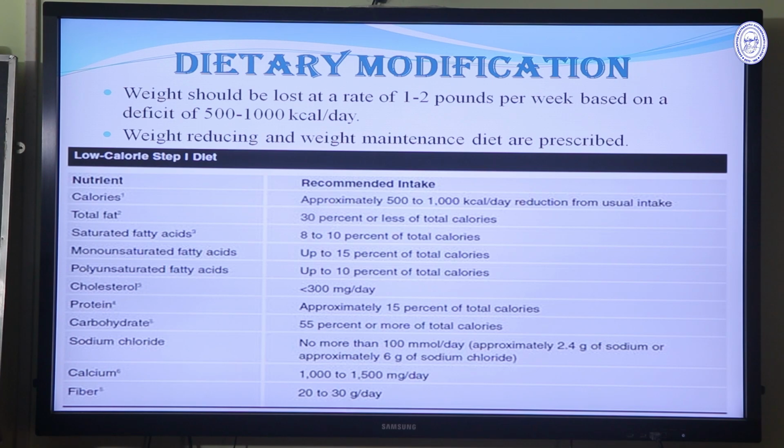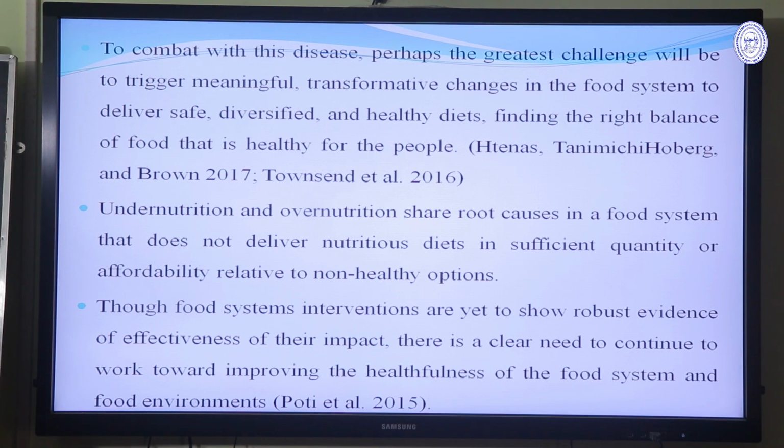Sodium intake is restricted if there is elevated blood pressure and hypertension. Fiber consumption should be 20 to 35 gram per day. So, to combat this disease, the first key factor we should consider is dietary modification along with physical activity and other factors. And perhaps the greatest challenge will be triggering meaningful transformative changes in the food system